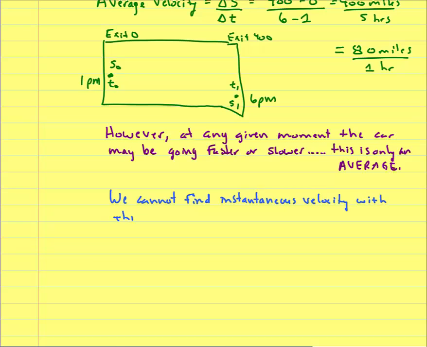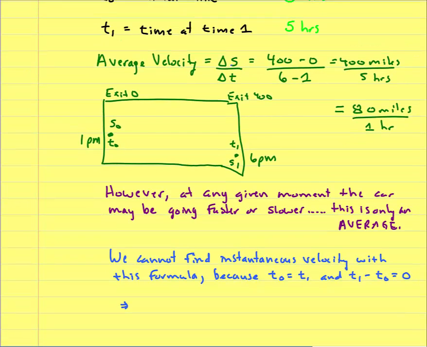Now to find velocity, we needed to have a change in distance and a change in time. So for instantaneous velocity, t0 equals t1, and the difference t1 minus t0 is 0. So instantaneous velocity means there's been no change in time. So when we use this formula that we used right up here, the change in distance over the change in time,